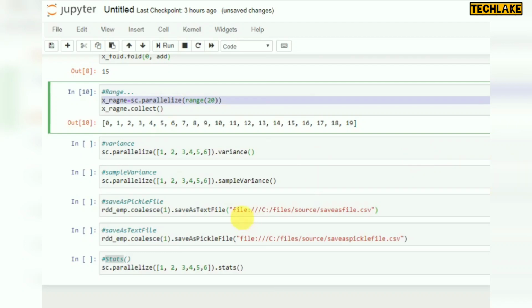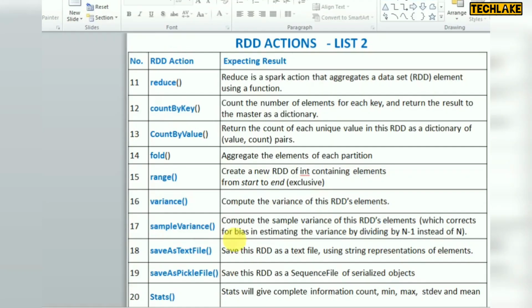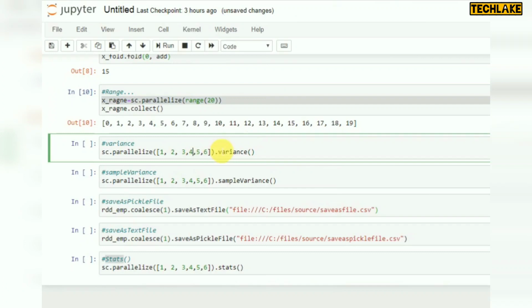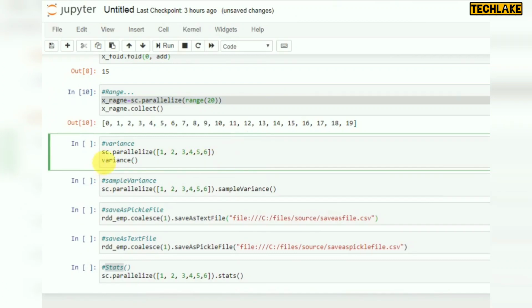Okay, then another one is variance. If you want to calculate the variance of a list of values, you can go for using variance. So I am using it directly here, or you can